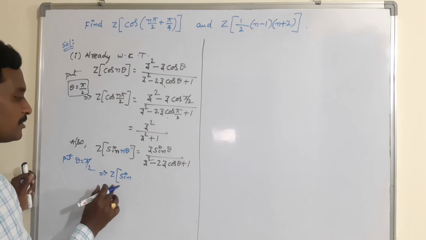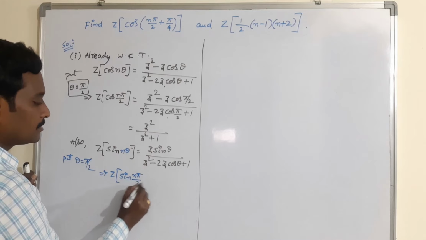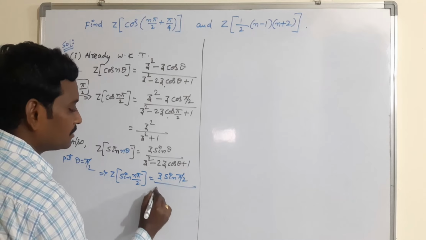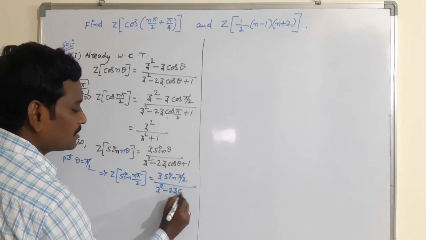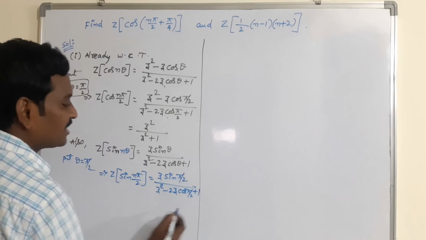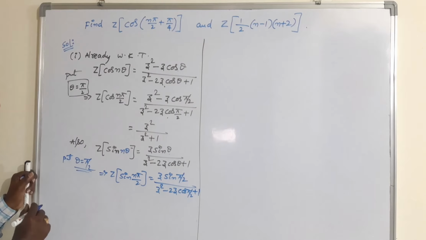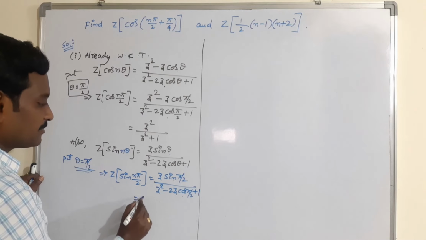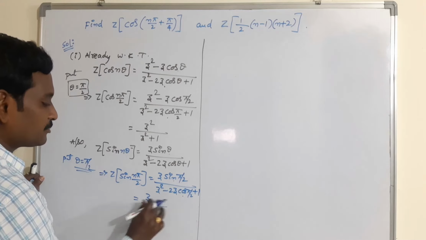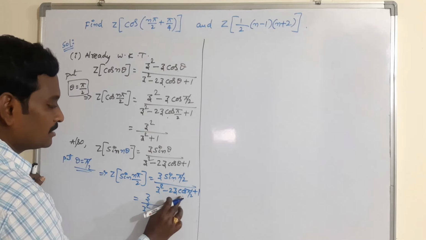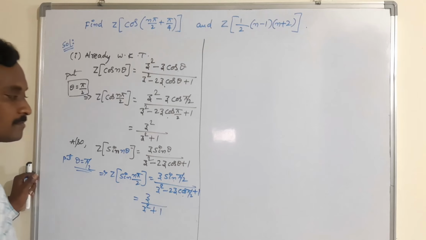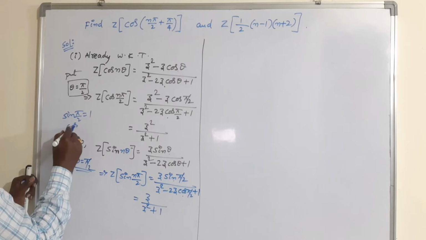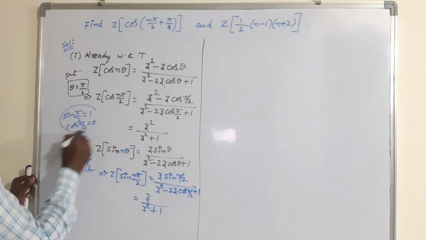Replace theta is equal to pi by 2 here. You will get sin of n pi by 2. So Z sin pi by 2 by Z square minus 2Z cos pi by 2 plus 1. Whenever we have theta, I am replacing it by pi by 2. So what is sin pi by 2? 1. What is cos pi by 2? 0. That's why it becomes Z into 1. Z into 1 is nothing but Z. Z square, this becomes 0. So you will get plus 1. Okay, don't forget it. Sin pi by 2 is 1 and cos pi by 2 is 0. Just these values are replaced here.